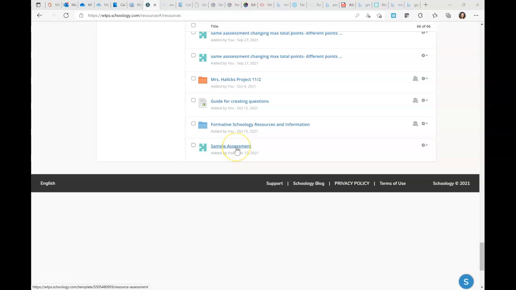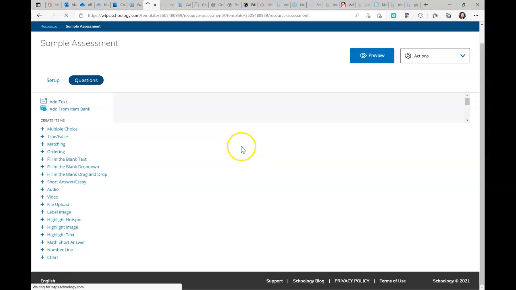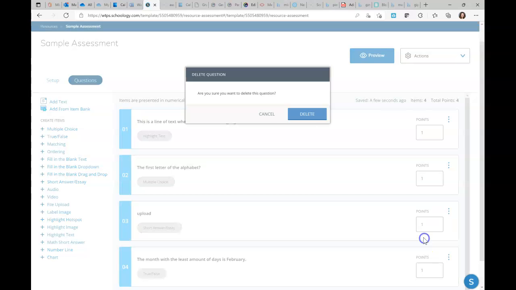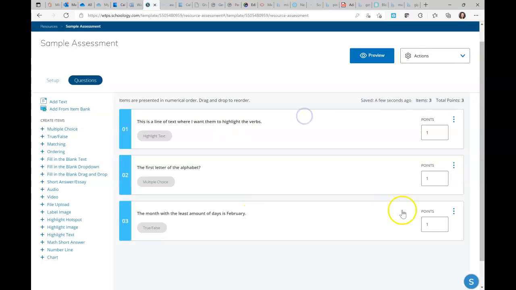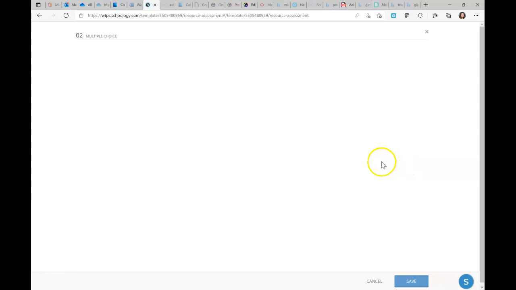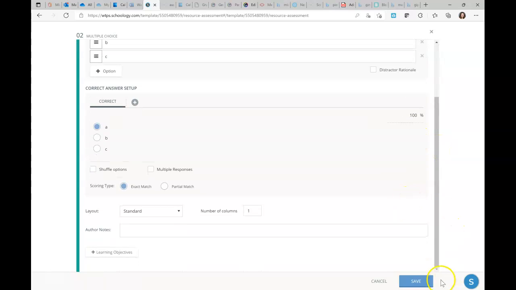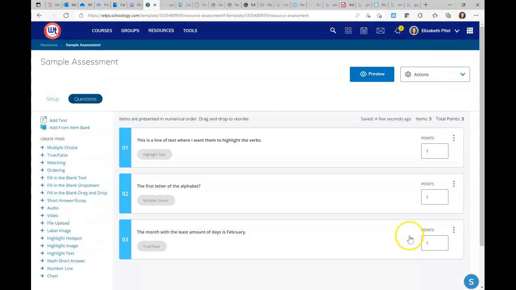So once you find that, you can open up that assessment. And from here, I can go in and I can edit. So for example, I could remove a question by using the three dots. Here, I can come in and alter the choices on this. So I can eliminate choices here. And then when I want to send that back,